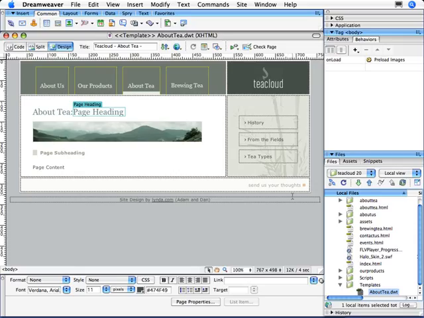Now, normally, if you're a Dreamweaver user and you're not working with Contribute, you don't need to publish your Templates folder to the web server because there's no need for anyone to access them on the actual live website. But if you are working with Contribute users, you absolutely must publish the Templates folder to the web server. Otherwise, the templates won't show up in Contribute. Also be sure not to move the Templates folder to another location. It has to stay right here in the top level of the main root folder.